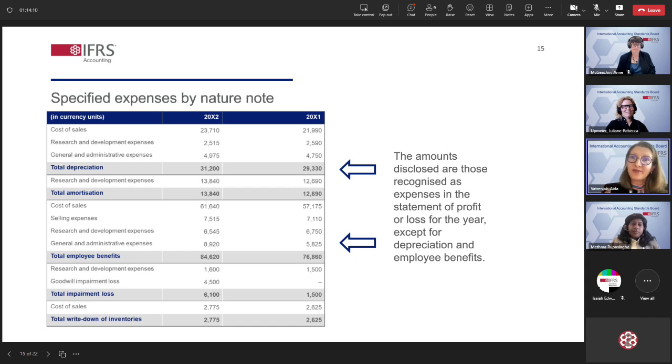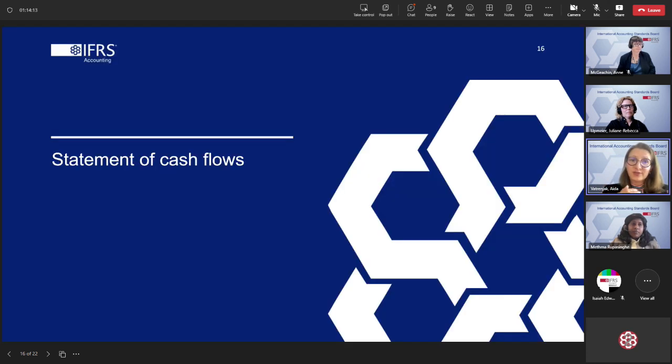So now we have covered topics relating to disaggregation. We talked about the roles of the primary financial statements and the notes. We talked about principles of aggregation and disaggregation and what this means for items described as other. And we talked about specific requirements relating to operating expenses and their presentation and disclosures. And we said we will also cover today the limited changes the IASB has made to IAS 7 Statement of Cash Flows as a result of work on this project.